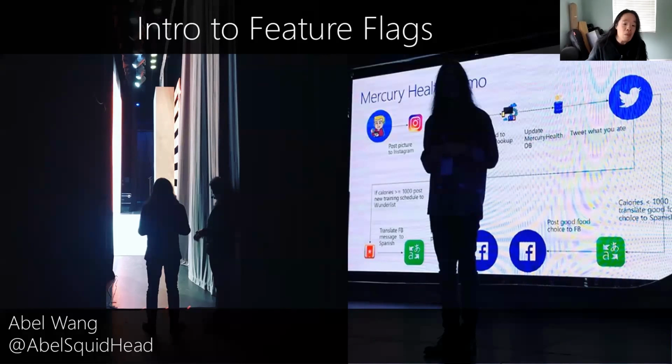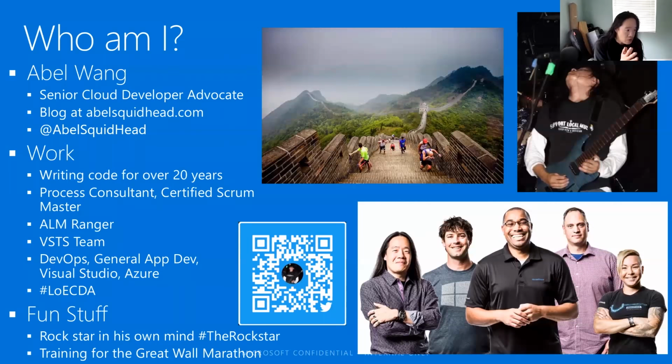So before we begin, though, I wanted to do a quick intro. Jeff did a great intro for me, but I am a senior cloud developer advocate, right? And that's a super wonderful title. It's big and long and fancy, but what do I really do, right? I write code, that's what I do. I eat, drink, live writing code. It totally, utterly defines everything about me, right? I kind of pretty much don't have a life except for writing code. It's what makes me happy.